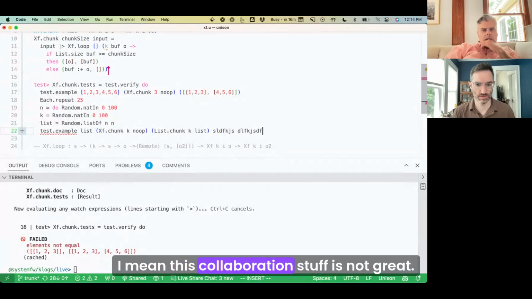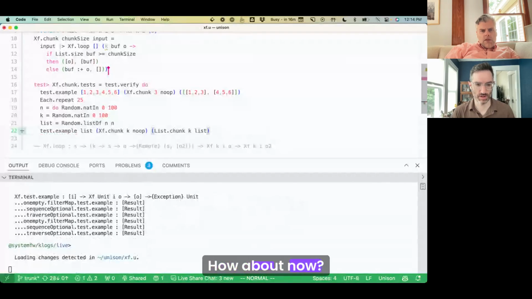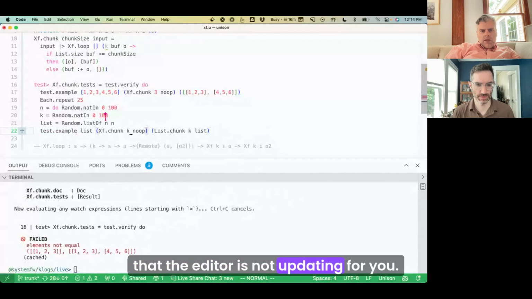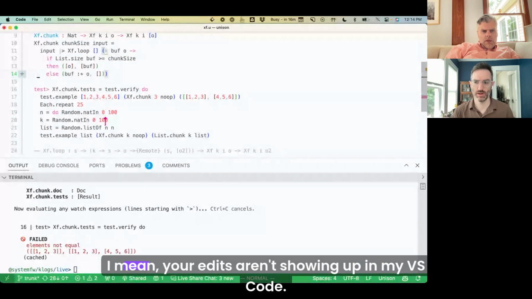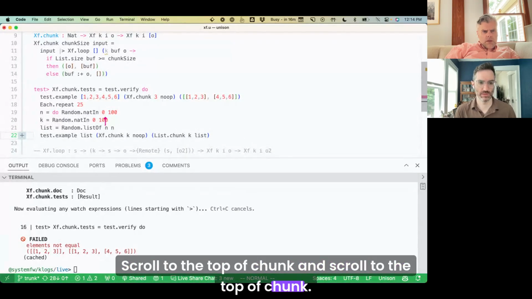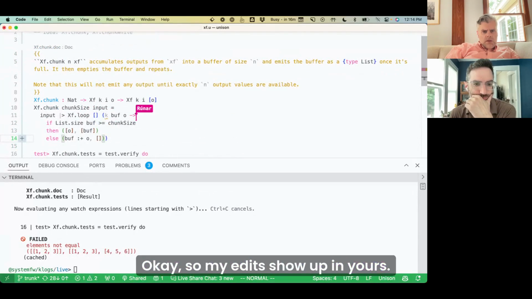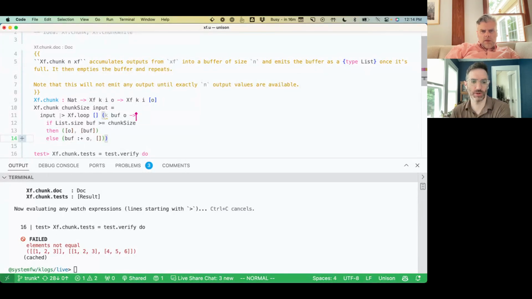This collaboration stuff is not great. Now the editor is not updating for you. Your edits aren't showing up in my VS Code. Scroll to the top of chunk. Okay, my edits show up in yours. I'm just going to disconnect. Okay, sounds good.